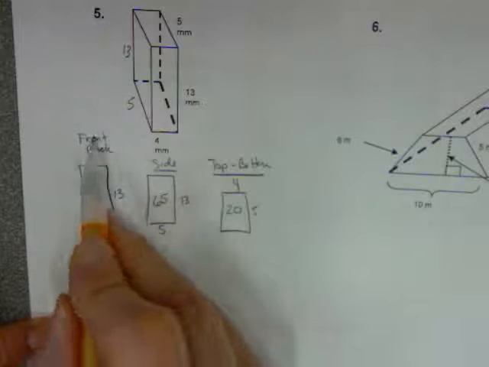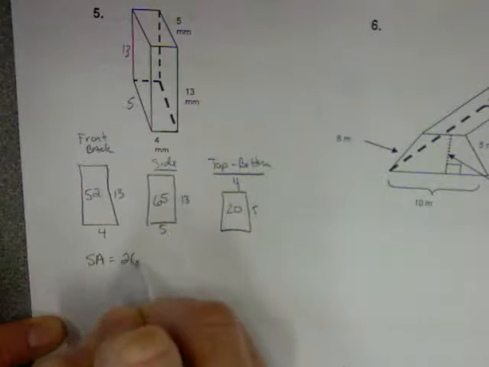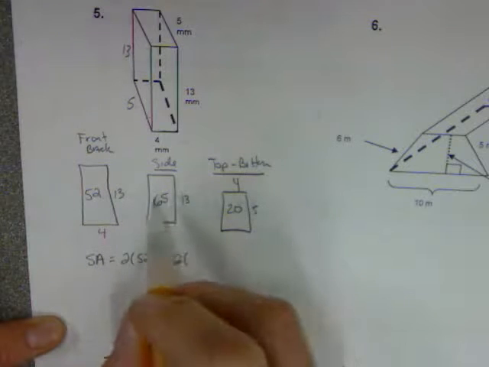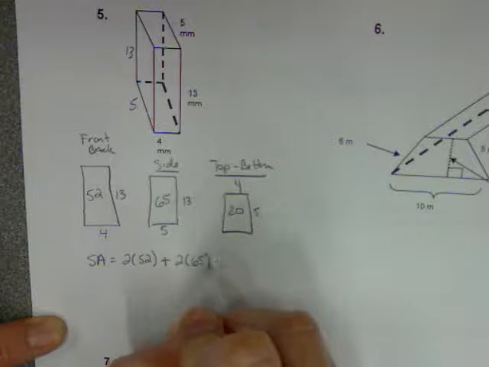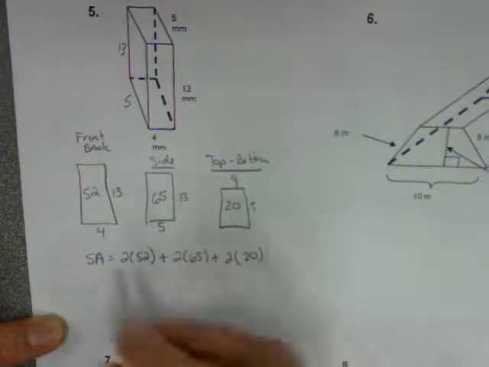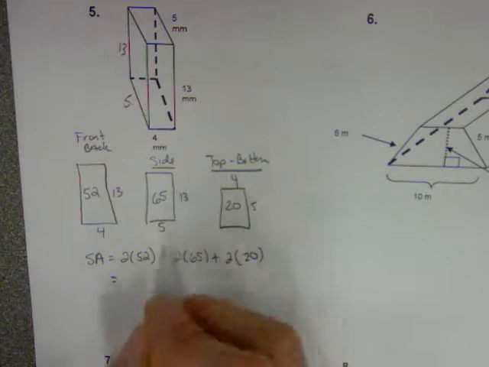Now since there's two, a front and a back, to get the total surface area we're going to do 2 times 52 plus 2 times, since we have two sides, 65, plus 2 times, since we have a top and a bottom, 20. That will get us our total surface area, which is 274